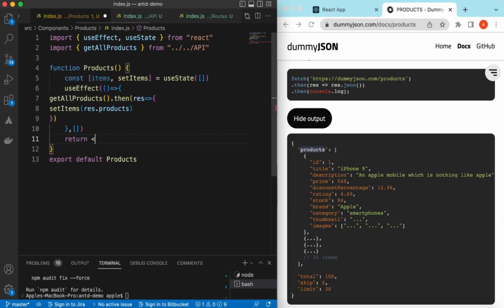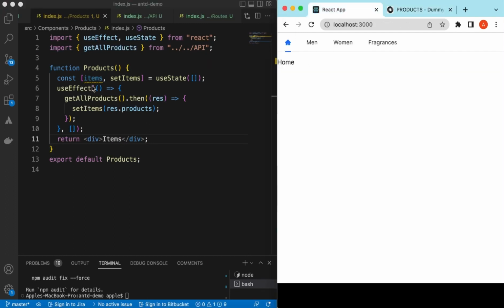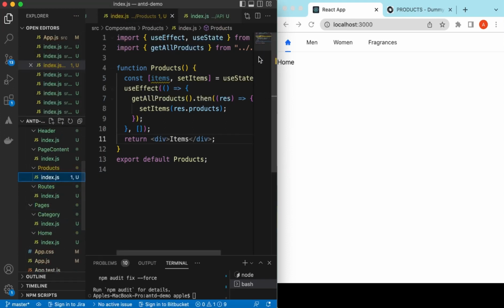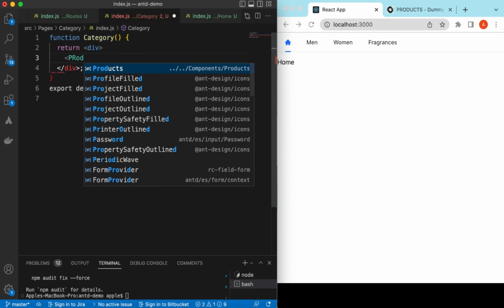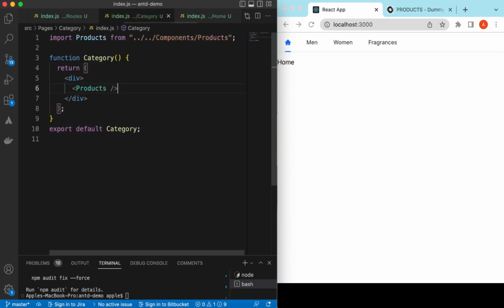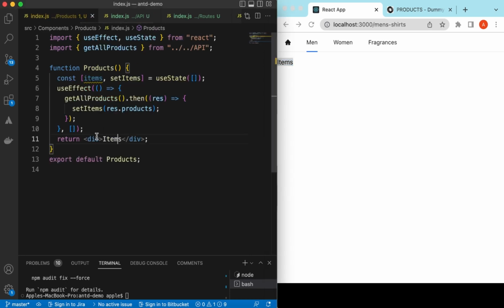And here we can return items for the time being, and we can render these products under our components of home and the category. And if we go to the category page, and here instead of this category, we can render the products and save it. And if I go to the men's shirt, it's showing items, right? Let's go to the products,